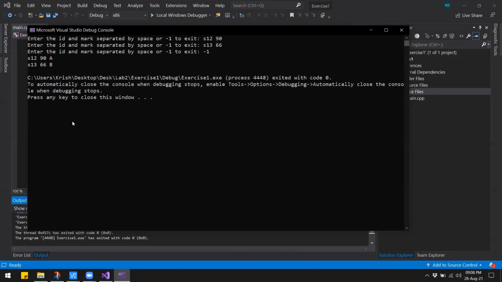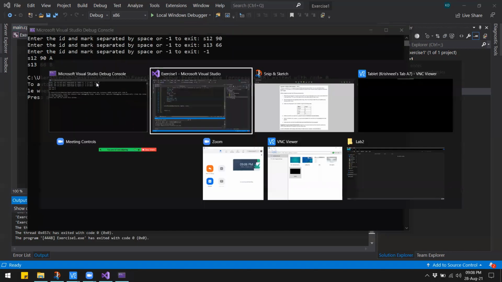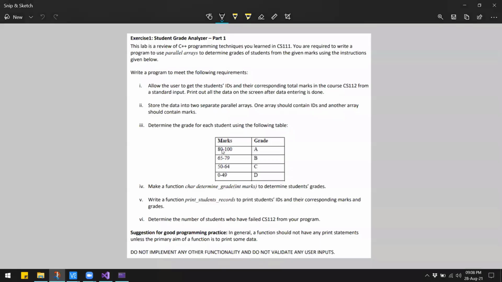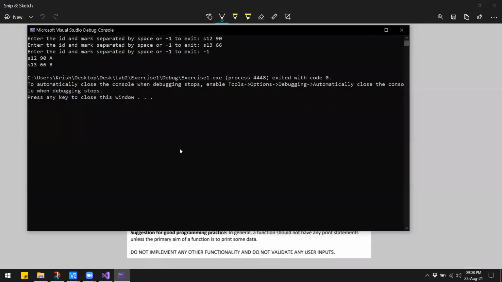So let's verify this with the question. If the mark is 90, then the grade should be A. So the mark is 90, that falls in this one, so the grade is A. And for the other one, the mark was 65, 66 that is, and it falls between 65 and 79, and the grade is B. Okay, so the code is working.